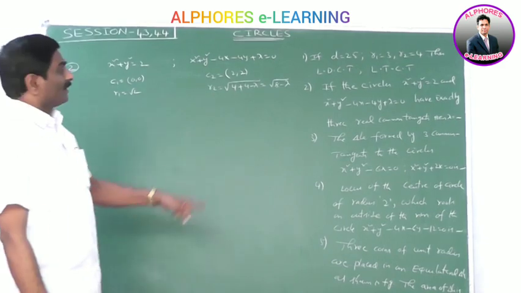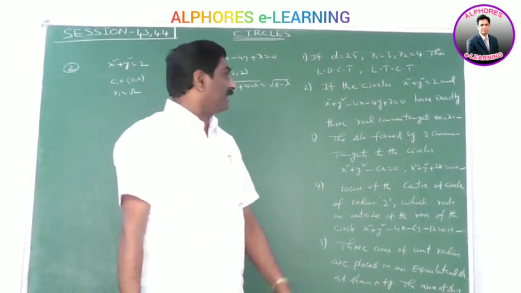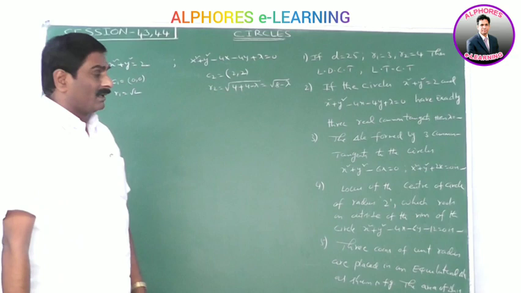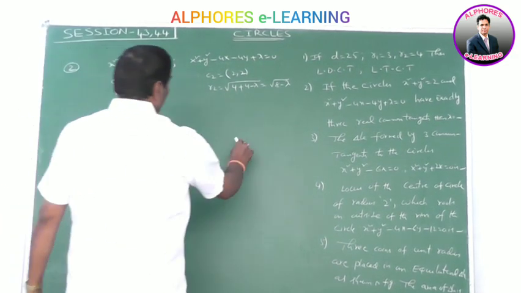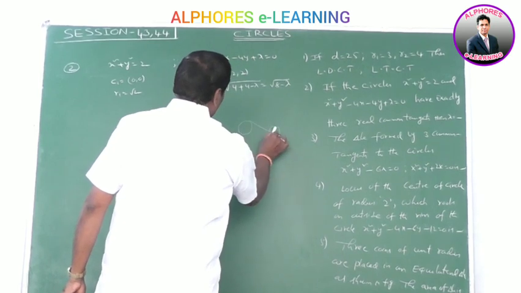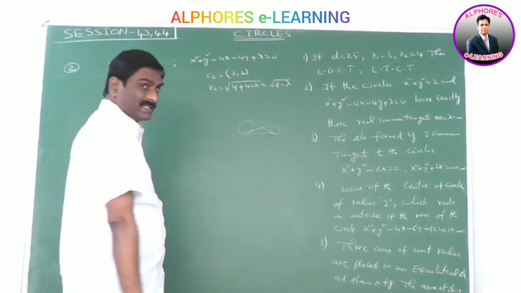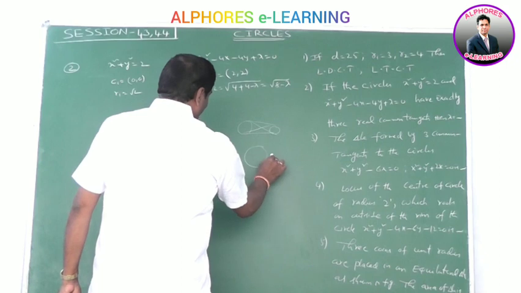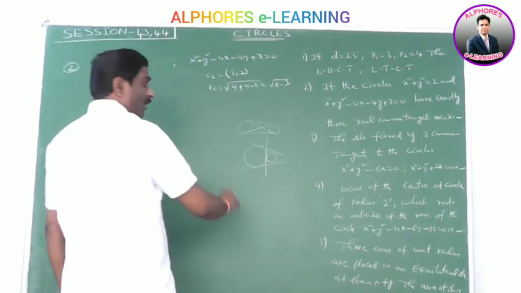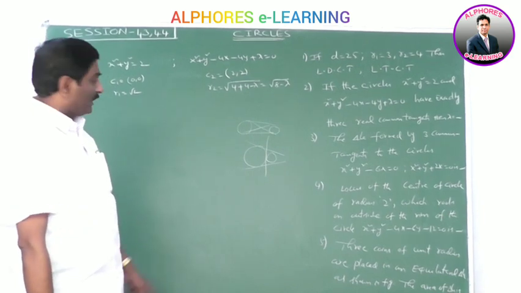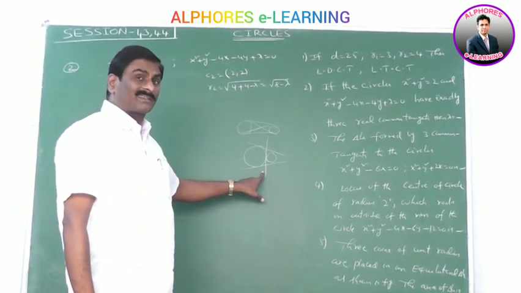The two circles have exactly 3 real common tangents. Exactly 3 real common tangents means: if one circle is away from the other circle, we get 4 tangents, 2 direct and 2 transverse tangents. If the circles touch each other externally, then we have 2 direct common tangents and 1 transverse tangent. Here we get the total number of common tangents as 3.